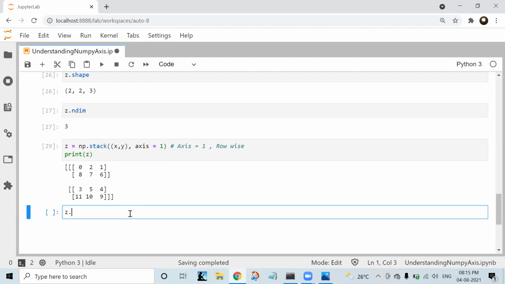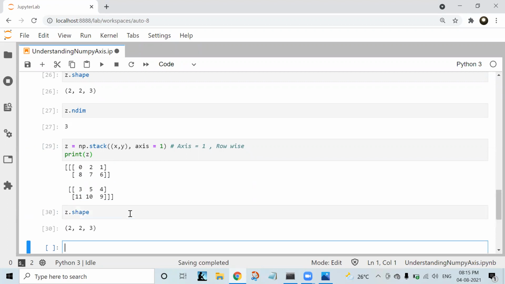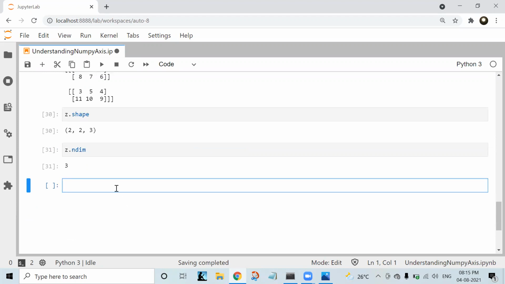also. So z dot shape and z dot ndim. So it will be 3-dimensional. And similarly, we have vertical stack and horizontal stack functions also there.